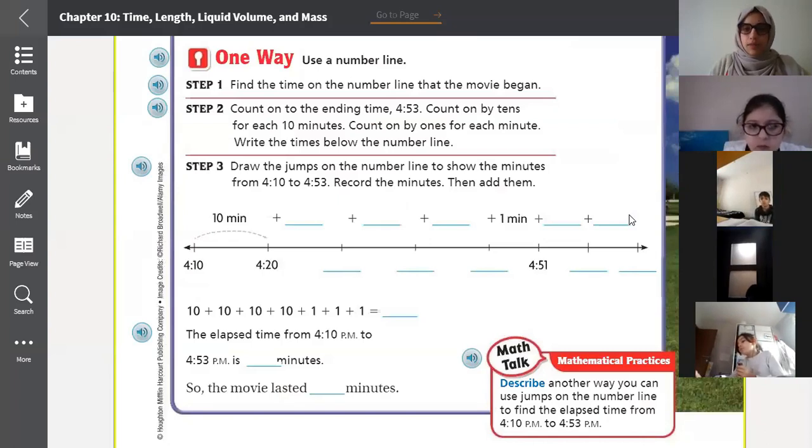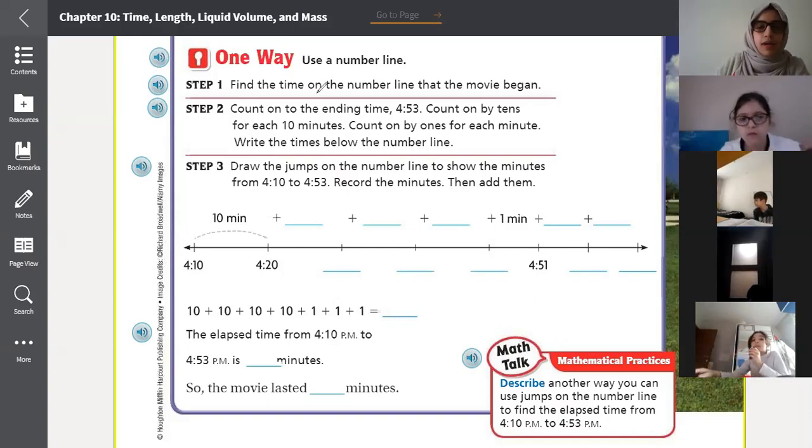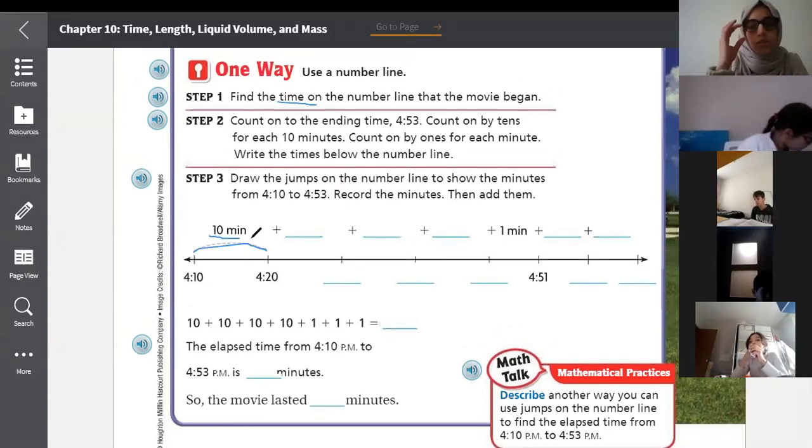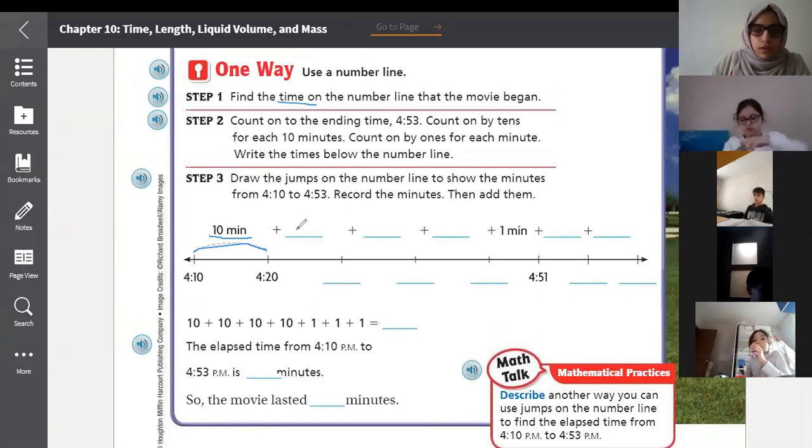So first thing we need to do is find the time on the number line. So every time there is a jump on our number line, 10 minutes pass. And I know this because they gave us a clue here. So the first one was 10 minutes. So 10 and